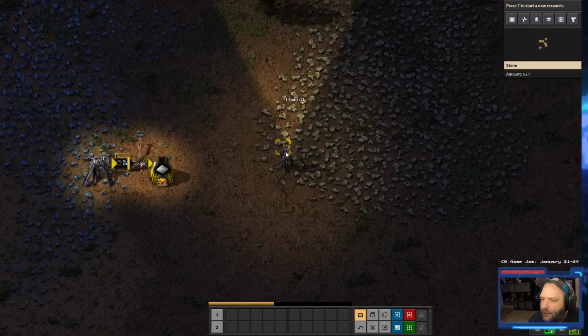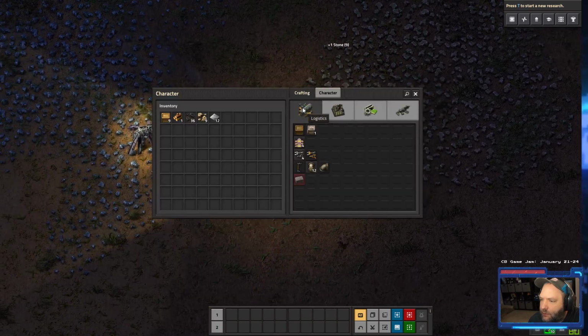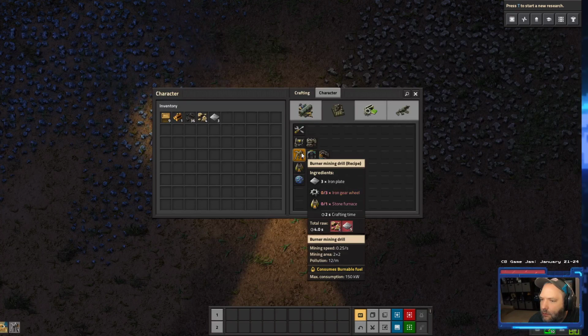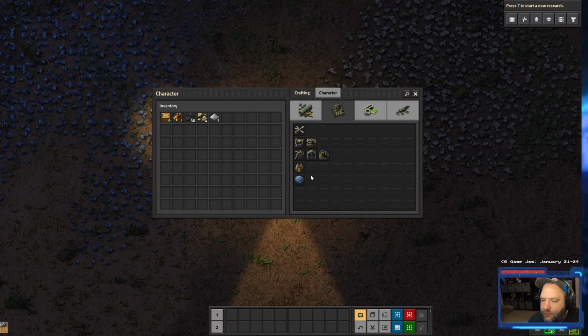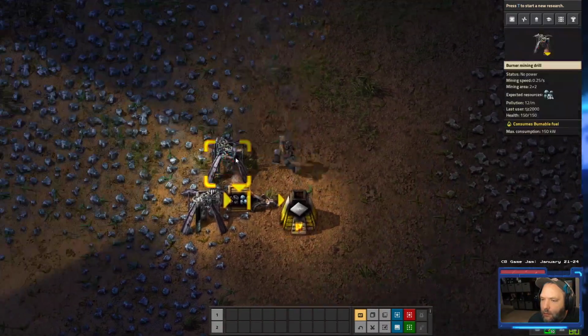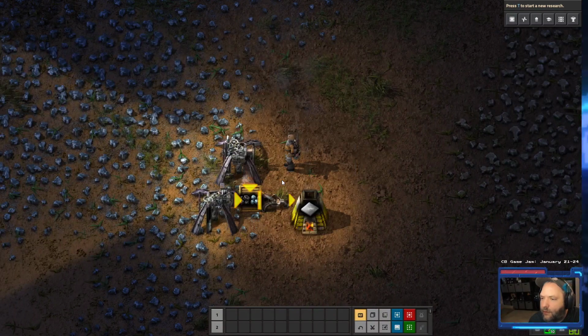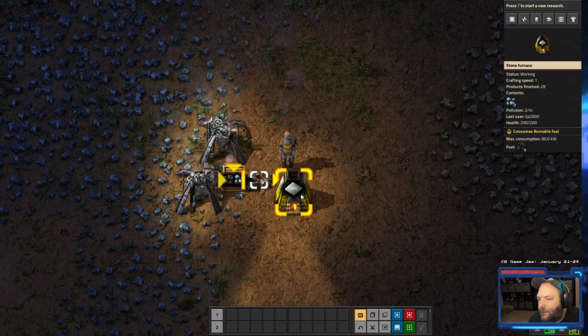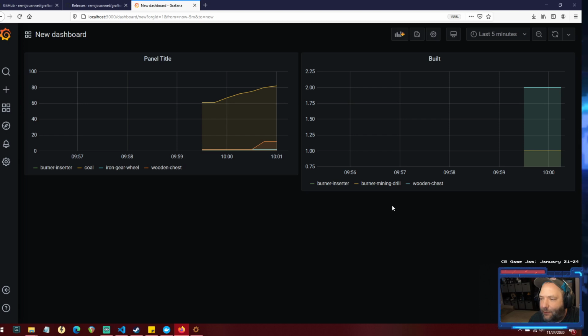I love this part of the game. It gets much more complicated eventually. But if you just take your time with it, enjoy the ride, I think it's really good. Alright, so now we've got 2 iron miners. So now our bottleneck is our furnace, but rather than going down that rabbit hole, we should be able to come over here and see